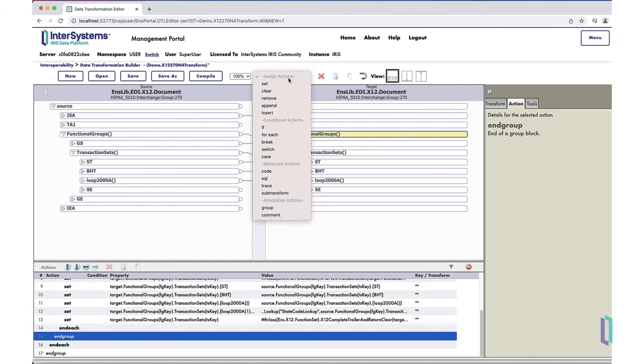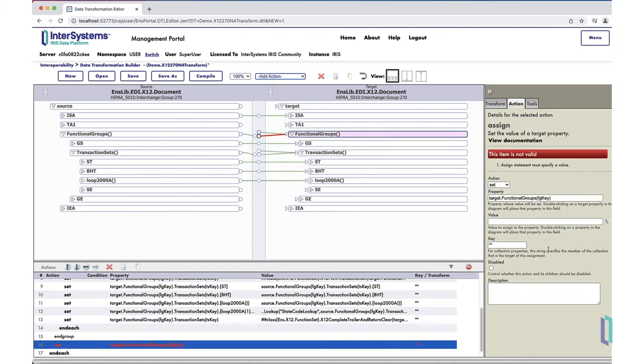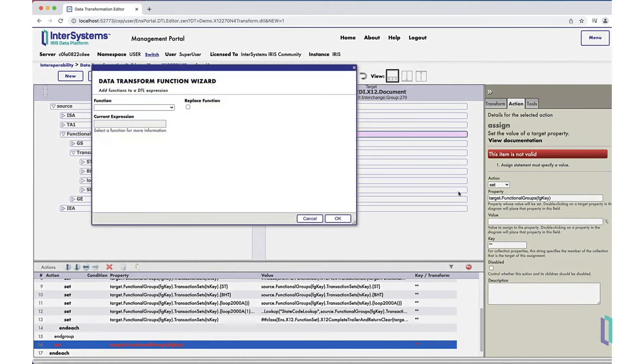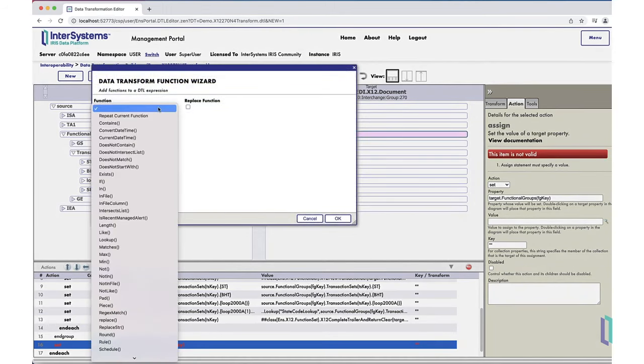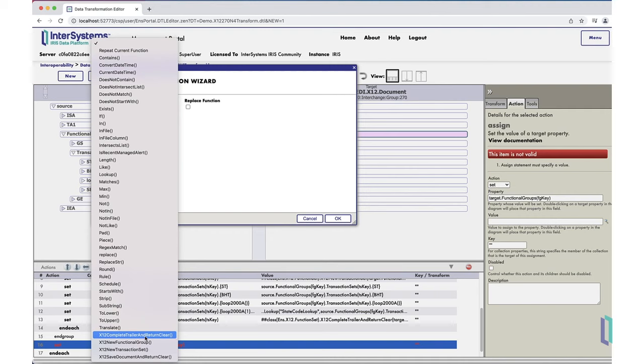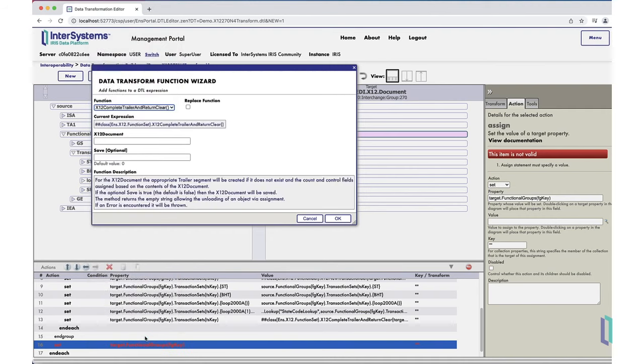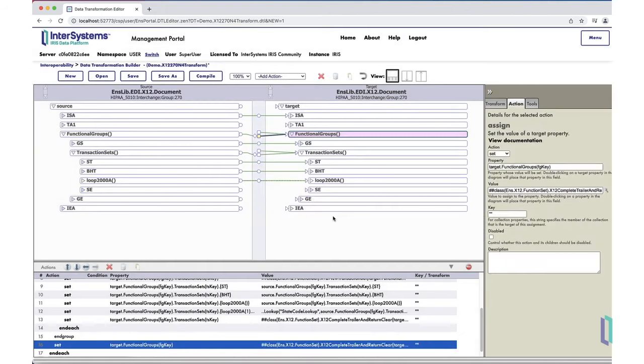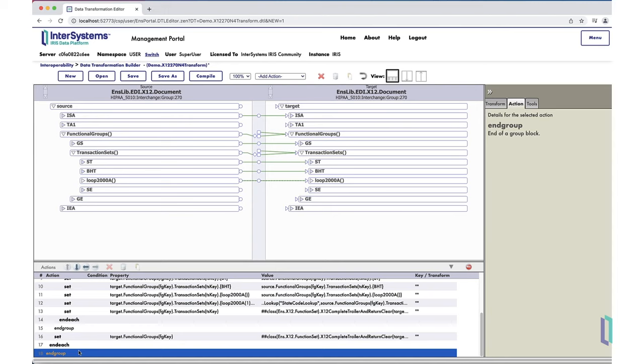Perform the same operation to complete the functional group iteration. Create a set activity modifying the current functional group iteration, and open the function wizard to call the X12 complete trailer and return clear function. This time, enter a reference to the current functional group iteration in the X12 document. Click OK to exit that wizard, and click out of all loops and groups to arrive at the interchange envelope,